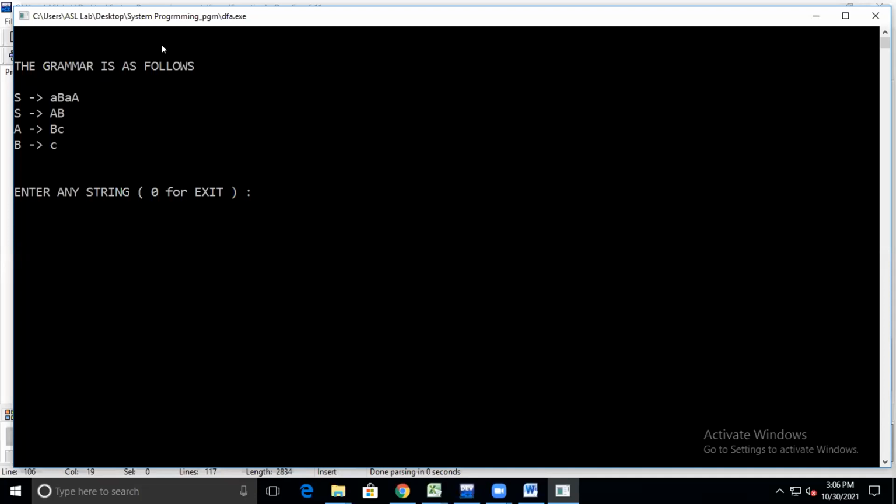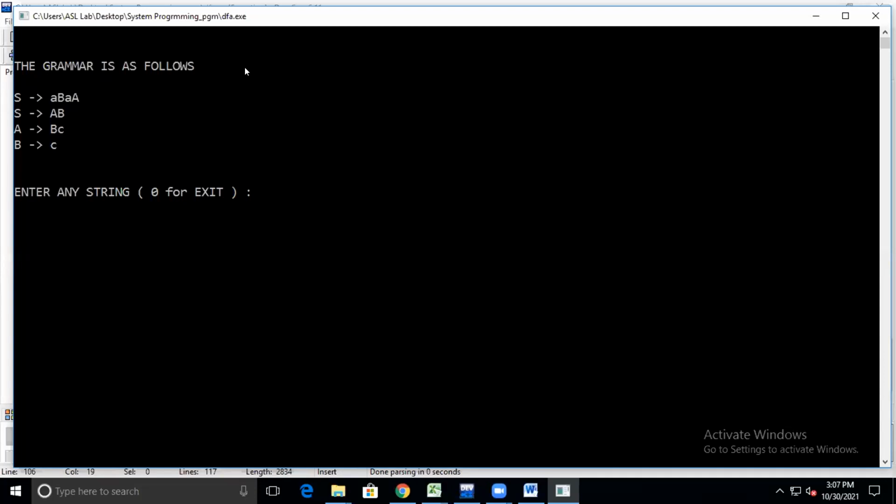If we are going to write, the grammar is as follows. I have given the grammar, and you have to write any string. But you have to give me the result. I'm not going to show you how the output will come. You have to write any string and explain to me how it is generating, whether it is generating in a similar pattern or in a different pattern. So you have to write any string and execute that string.